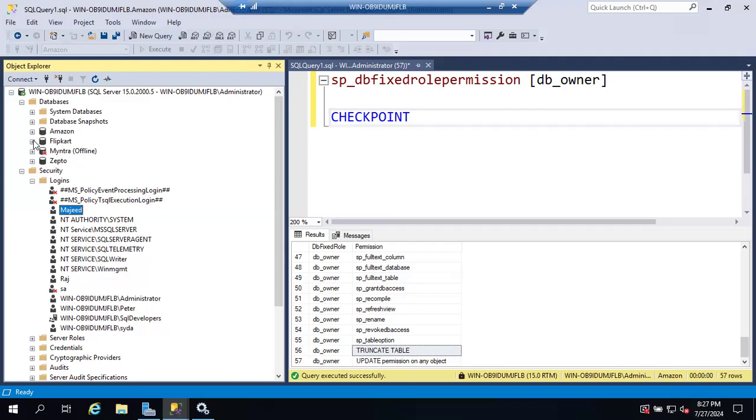Database. Either we can say in database. Database. User is different, login is different. Again, I'm saying